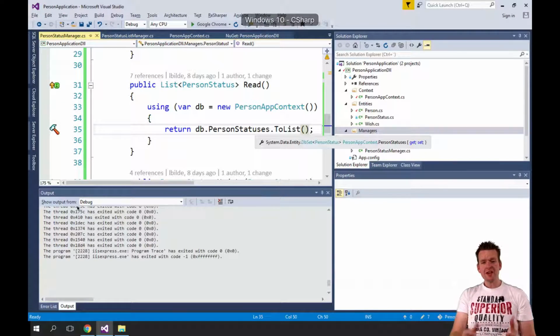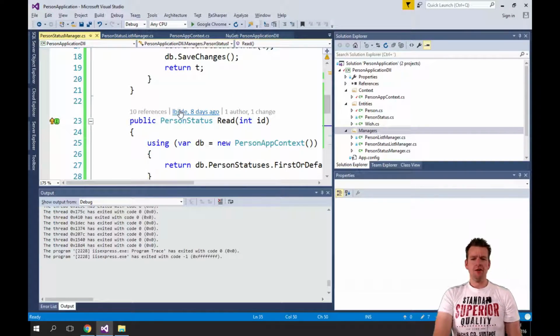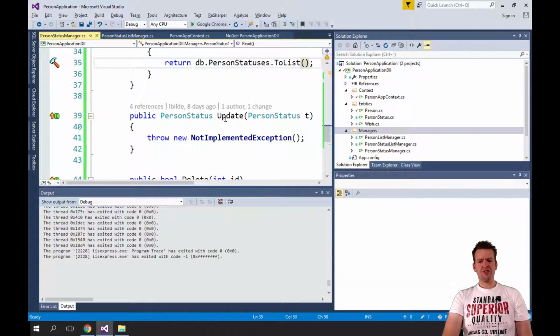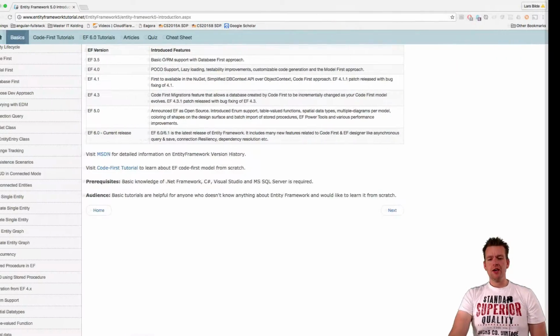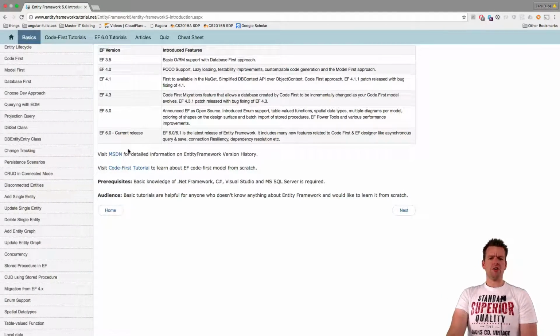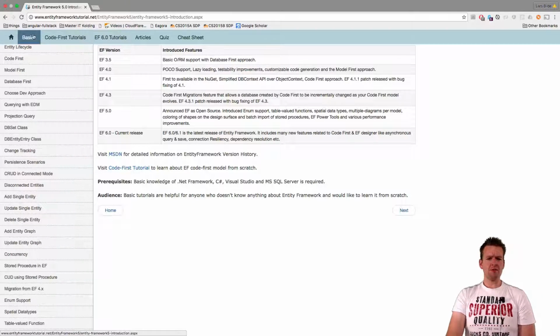So now we have the read and we have the create ready. But let's now go for the next one, which is the update one. Now that's a bit more tricky to actually do. And let's have a look at where we can get some help. Again, I'm going back to the EF framework tutorial.net, and under basics here, not the code first part, but under